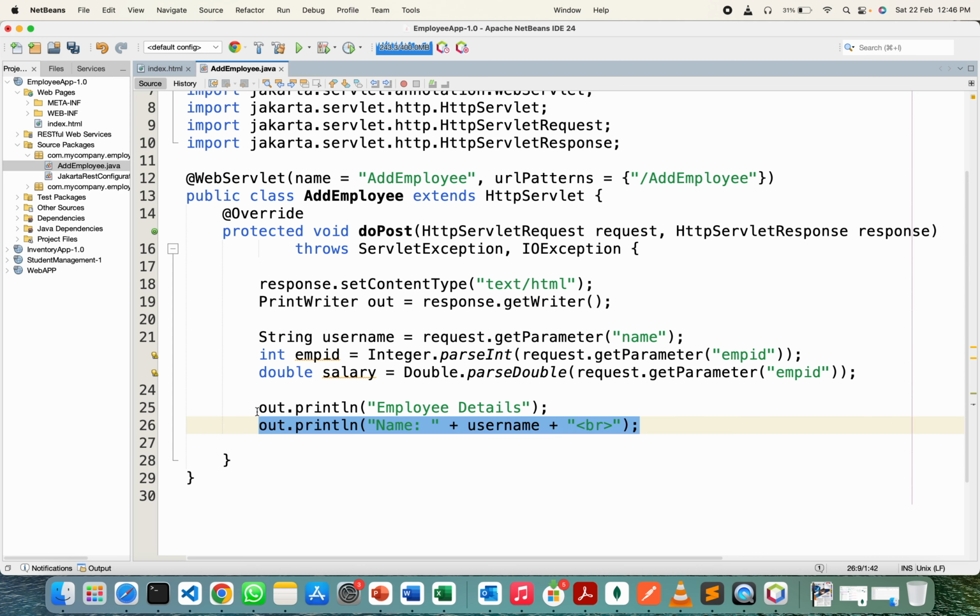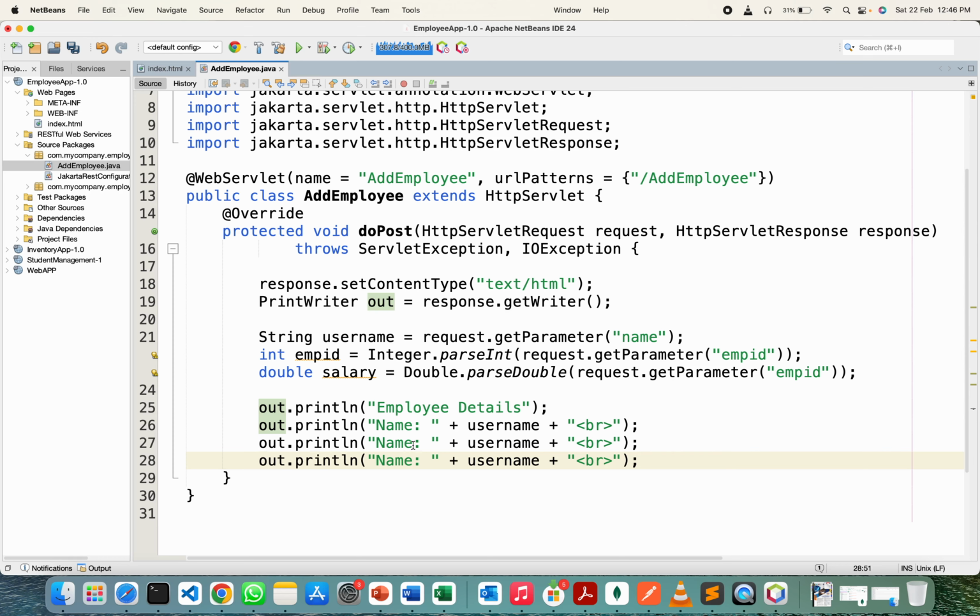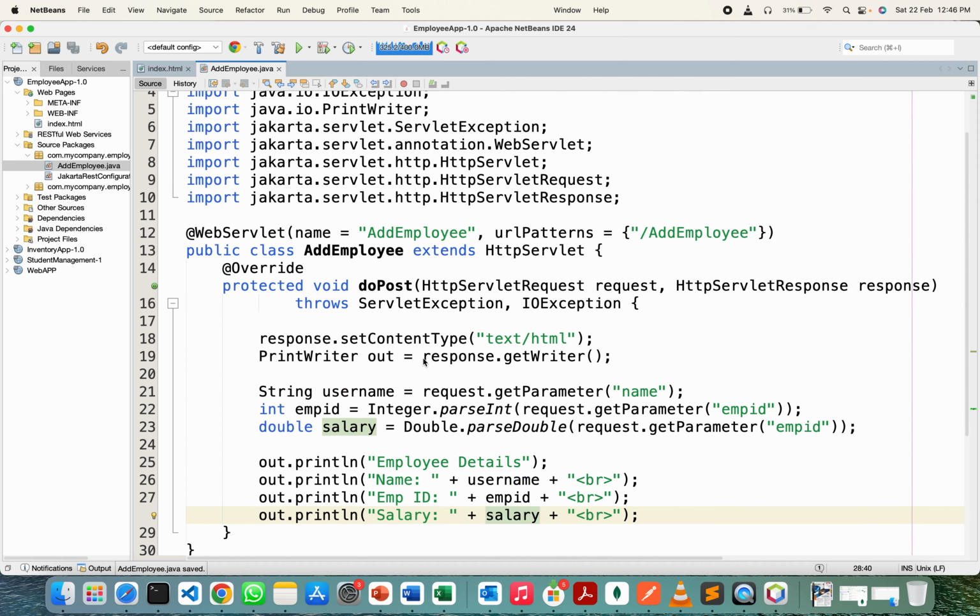Then followed by employee ID, empID, and we can display the employee ID. Followed by the salary of the employee. We are going to display salary. Okay, so now there is no error. We can save this